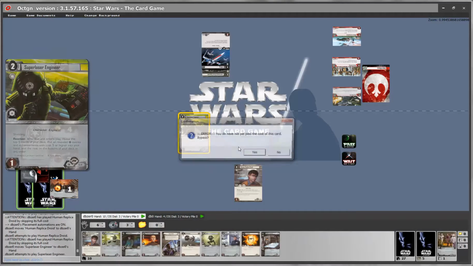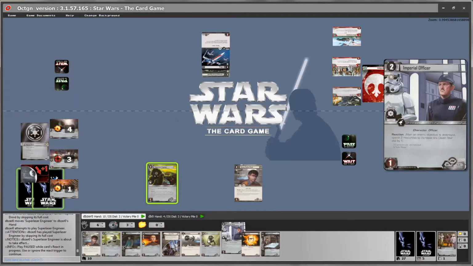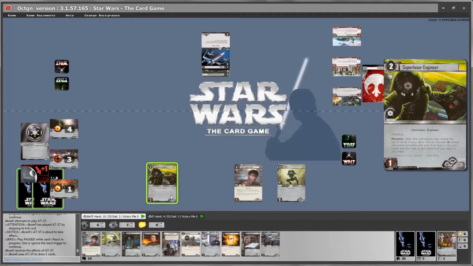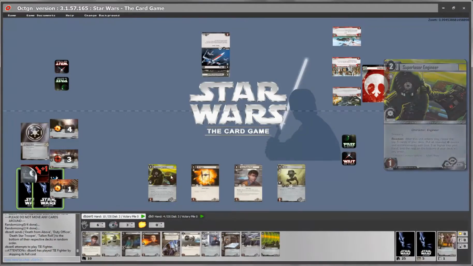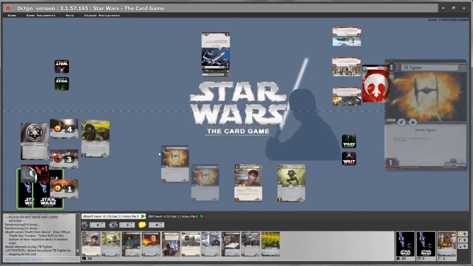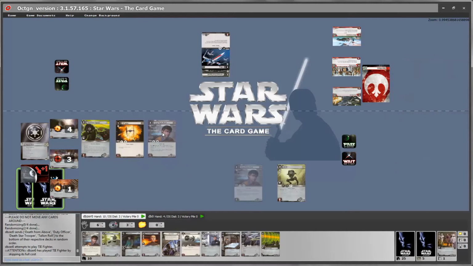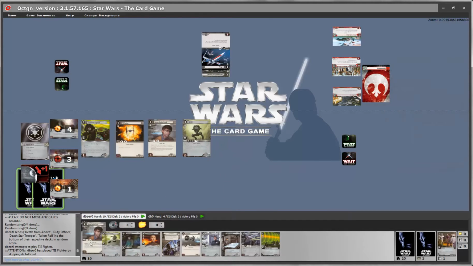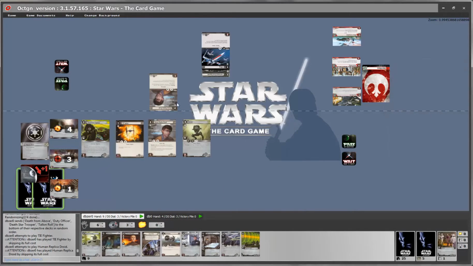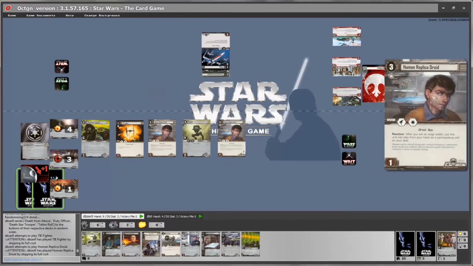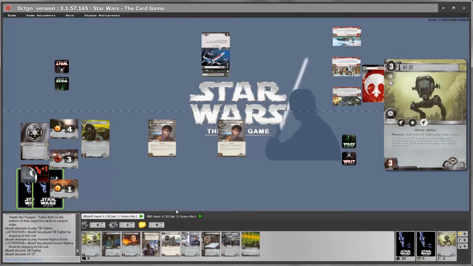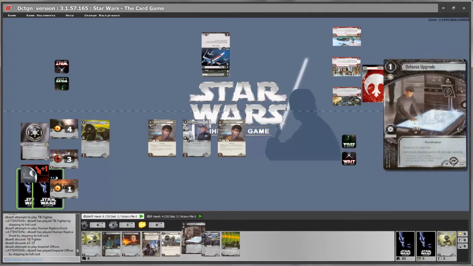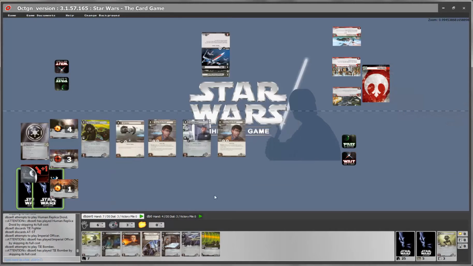We play a unit and it's automatically placed in its proper location. Yeah, we have some effects. Let's say that we now wanted to move our units. We like to play with our units like this. And we had some units on the table in these locations. And let's say we lost 2 of those units. If I play a new unit, it's automatically placed on the location that just opened.